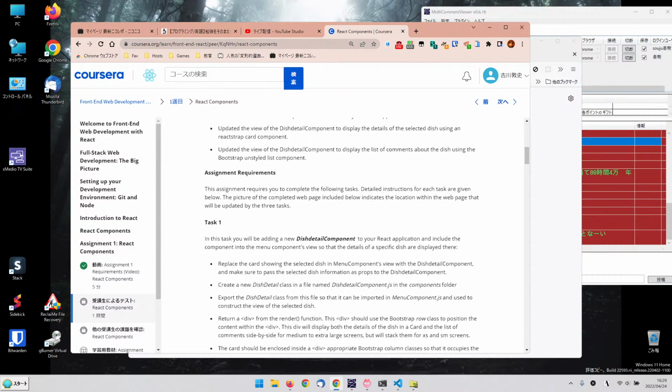In place of showing the dish in menu component, dish detail component で切り替える。Make sure to pass props で、ディッシュディテールの方にプロップというのを用いて渡すと。Create dish detail class in file named dish detail component in the component folder. ここにディッシュディテールコンポーネントを作り、ディッシュディテールクラスを作る。